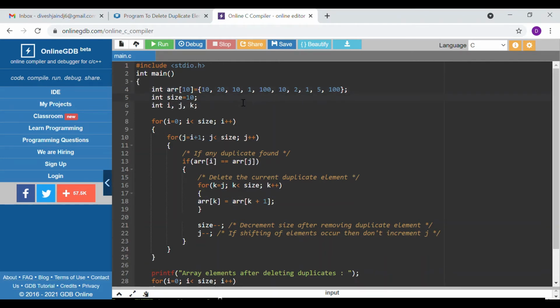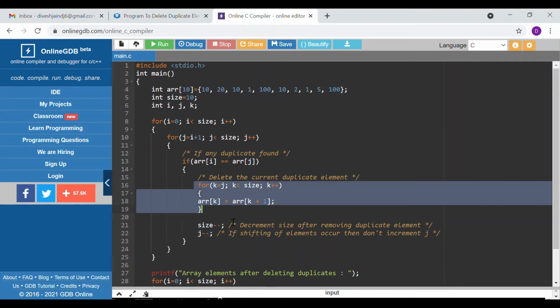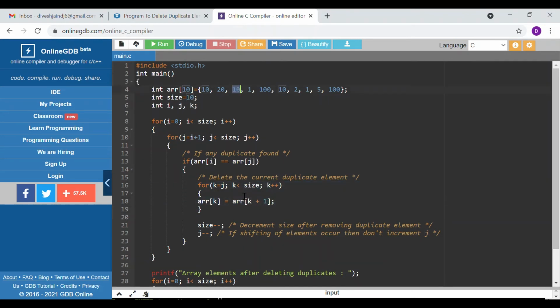In this way we are removing 10, right? For that purpose we are using this loop, starting from k, that is, the position we have to remove.